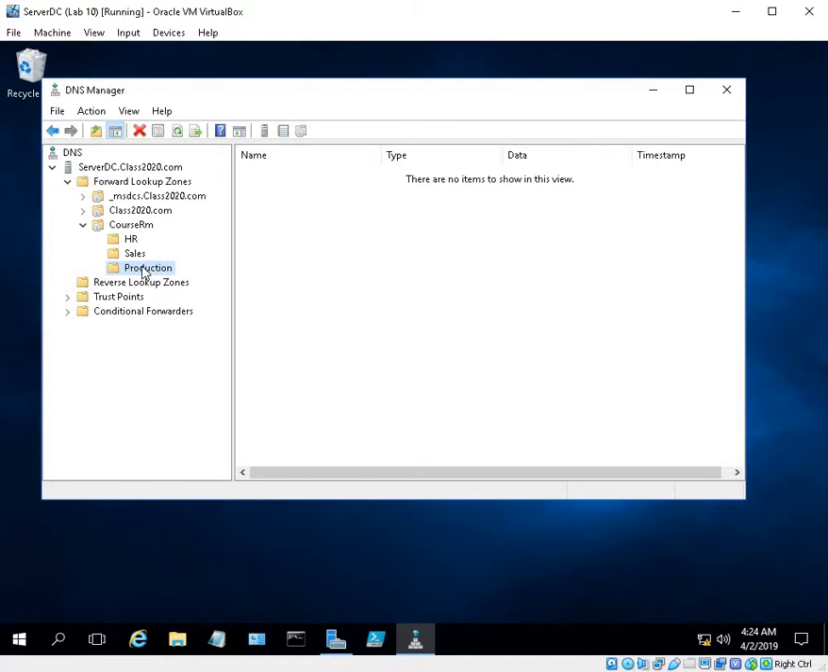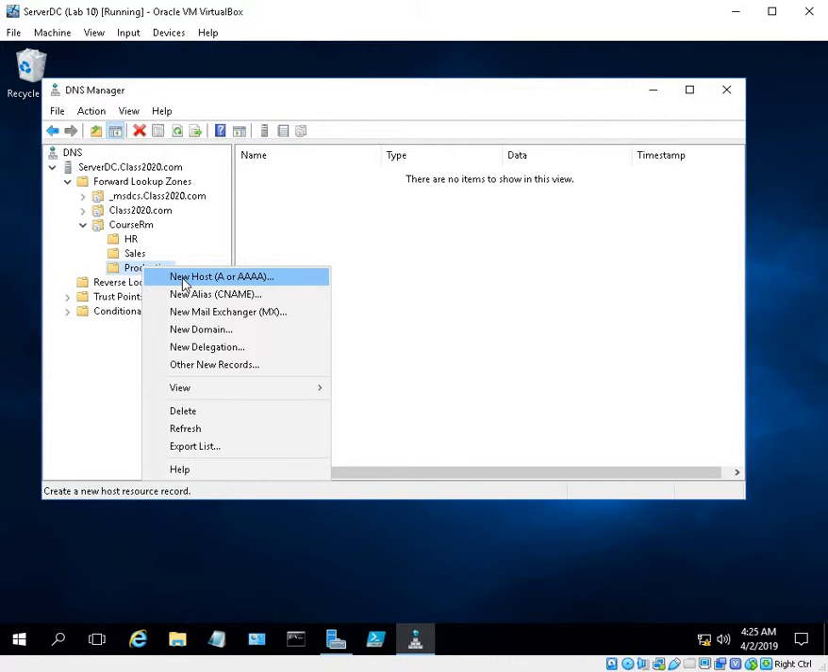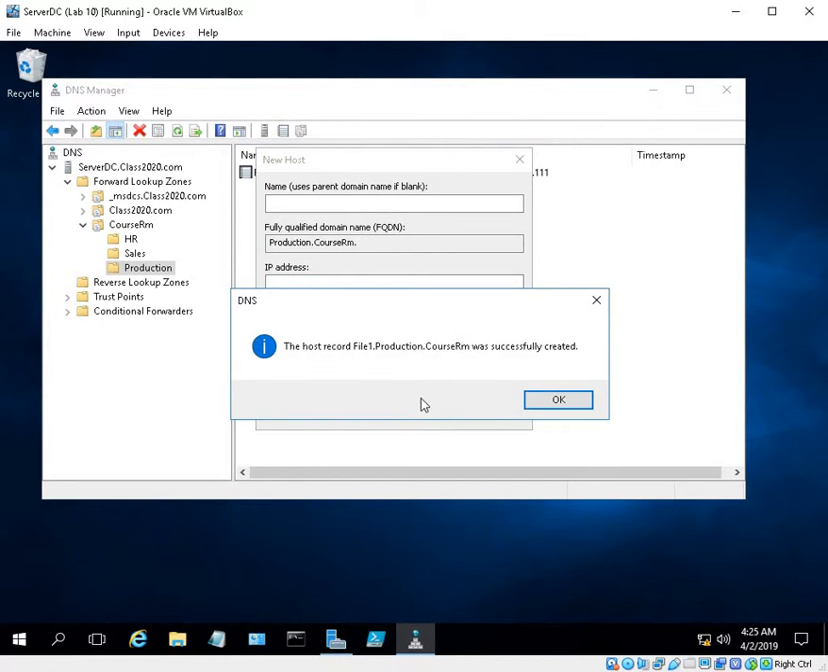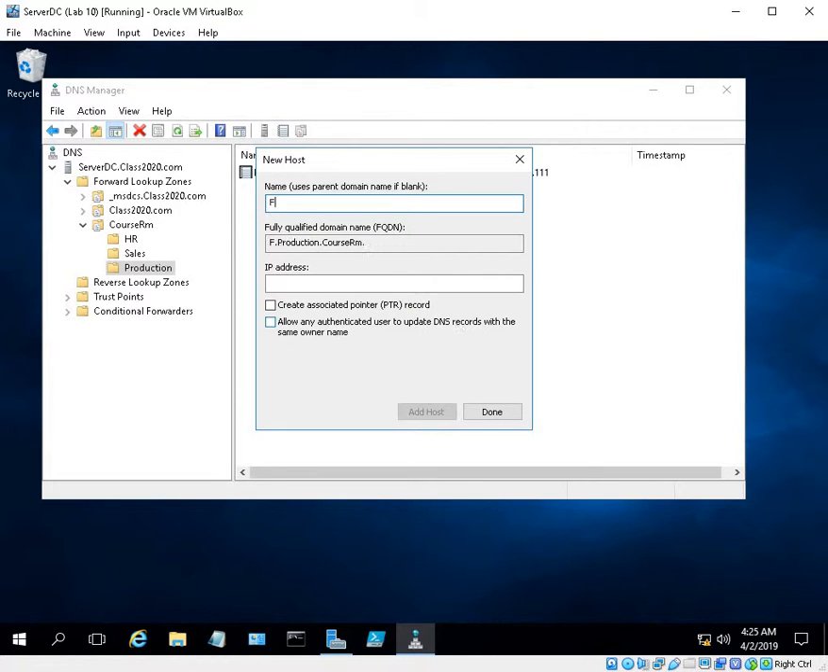So for production we've got 3 file servers and 2 workstations. So we'll go ahead to our A host, to our A files, and we'll create our file 1. File 1 server, file 1 for production, and IP address of 10.1.1.111. File 2 for production, file server 2, and we have an IP address of 10.1.1.112,